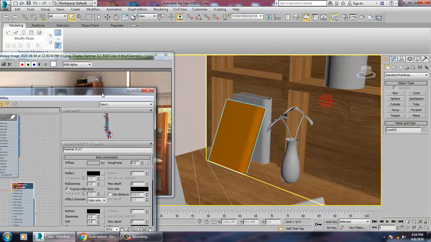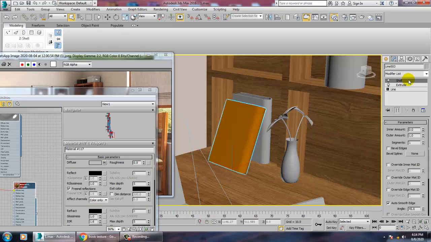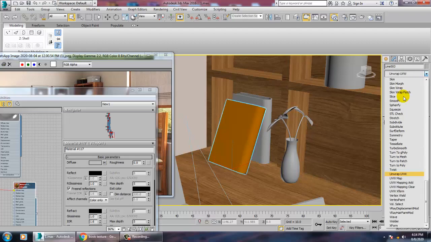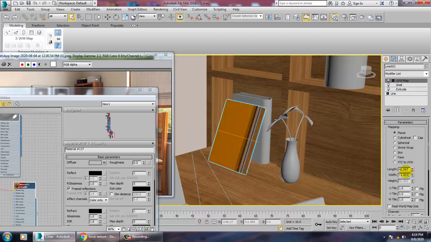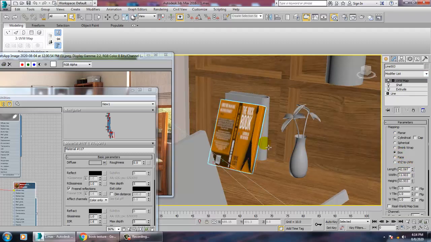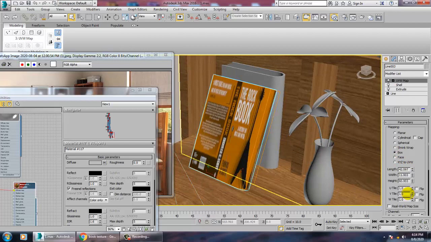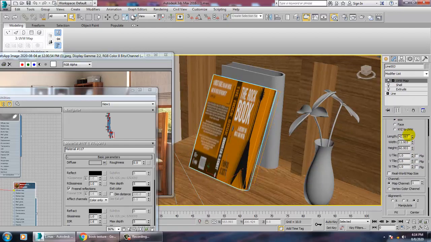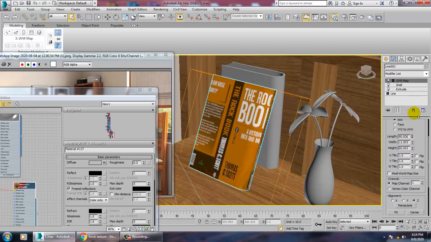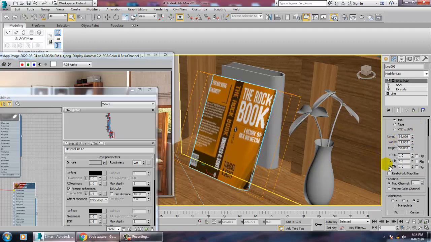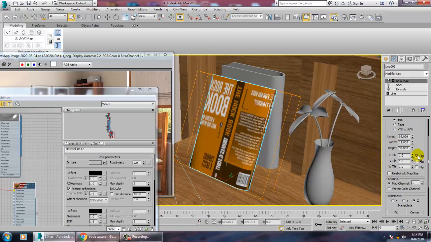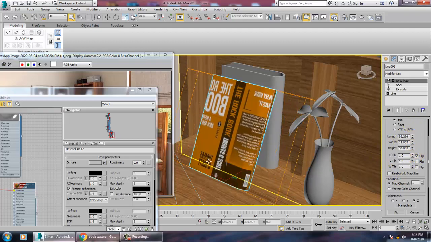Assign it. Let's go into this UVW map. If you want to unwrap it, you can go with the unwrapping part if it is required. Or else what I'll be doing is shifting this over here. We can just flip it in this way. So push this over here in this UV map.